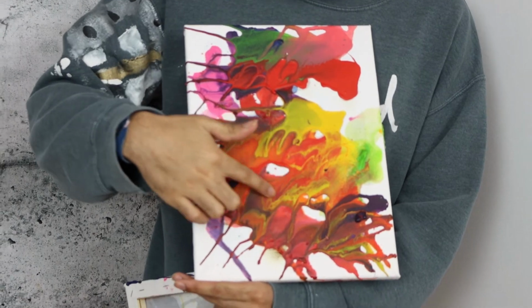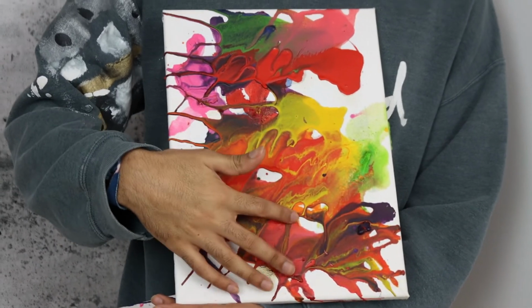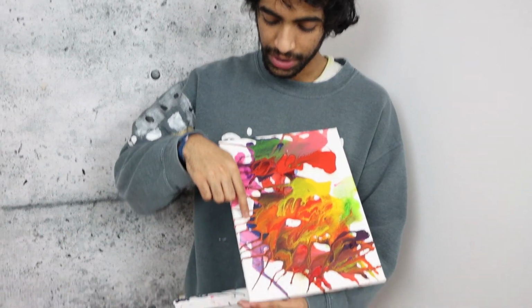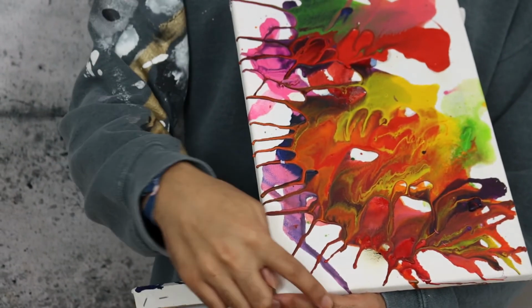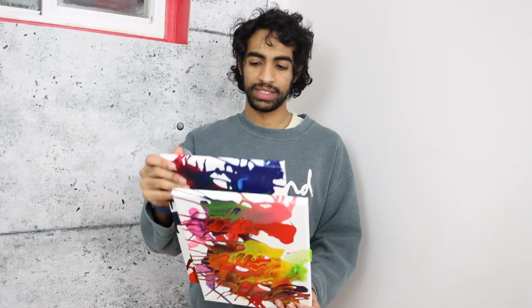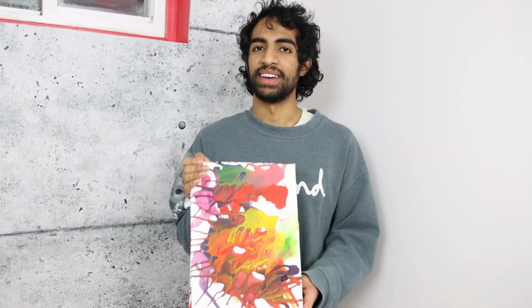I really like the red and the yellow mixing in right here, this patch right here. If I were to do it over again, I probably wouldn't have as many drips going off the canvas. I'd probably just stop them before they get to the end of the canvas. It's a lot of fun to just play around with the colors. And yeah,